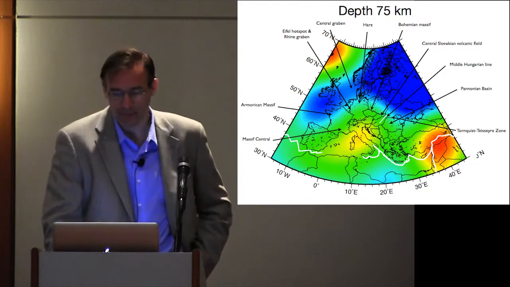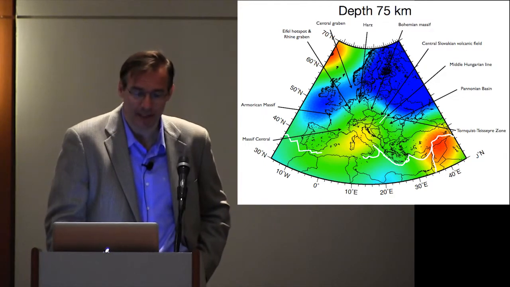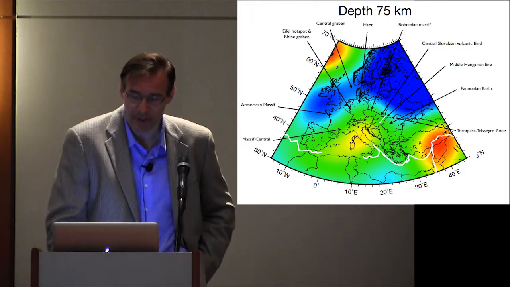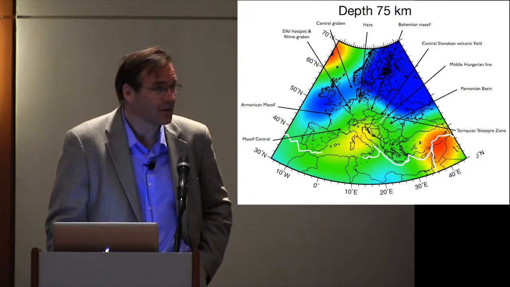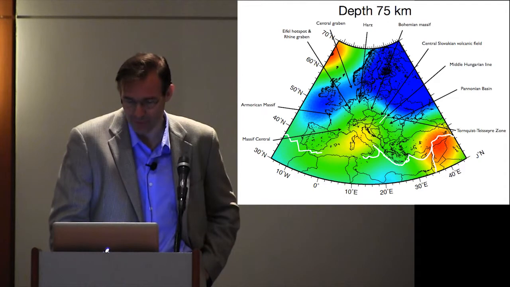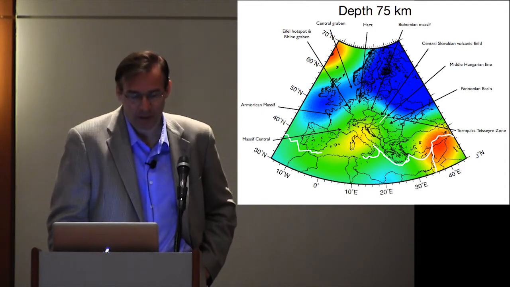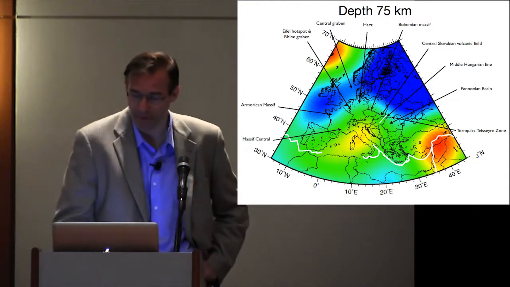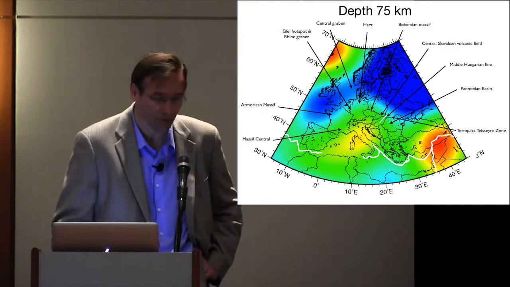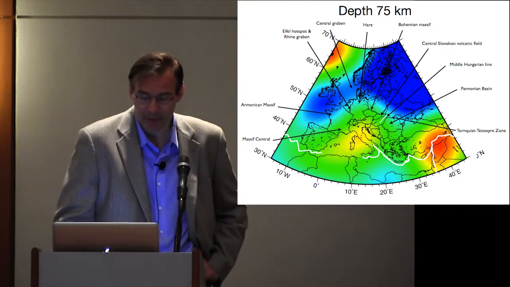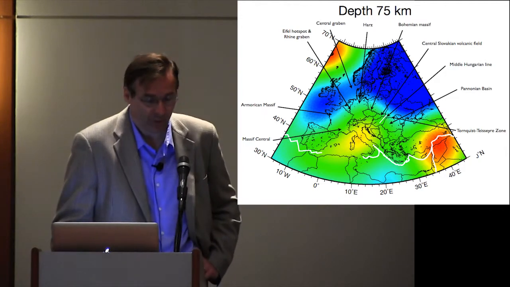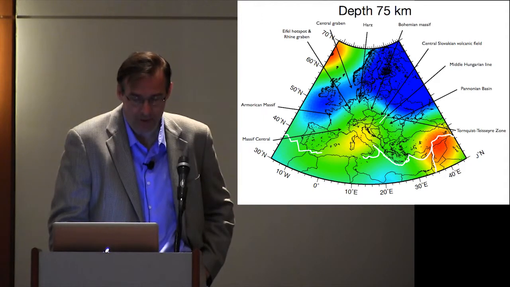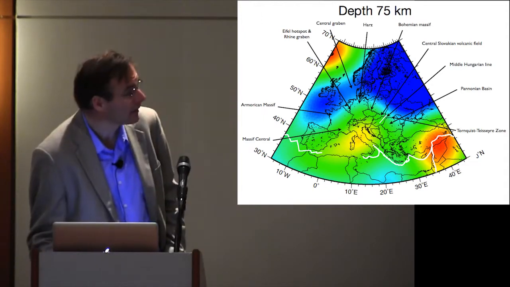So here's an example of how the model evolves. This is at a depth of 75 kilometers. This is the starting model. So you see relative variations in shear wave speed at a level of about plus or minus 3%. In blue there you see the Eastern European platform, which is very fast, presumably cold. And in red, you see the slower areas, for example, the Western Mediterranean, which opened up in the last 30 million years or so ago. You see Turkey and you see Iceland. And so this is a